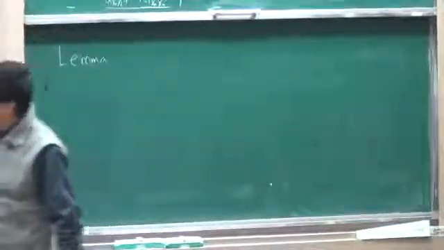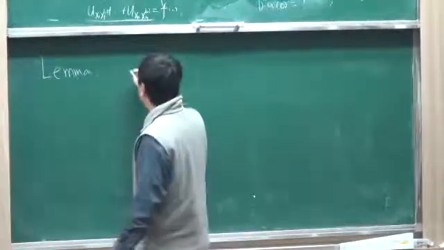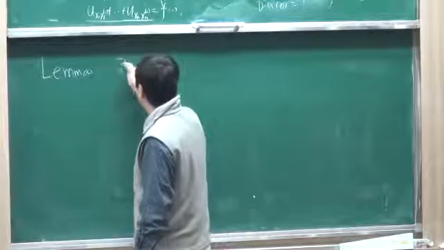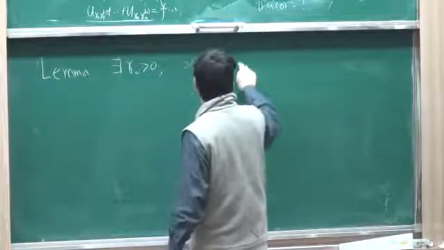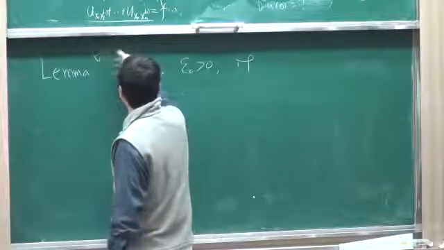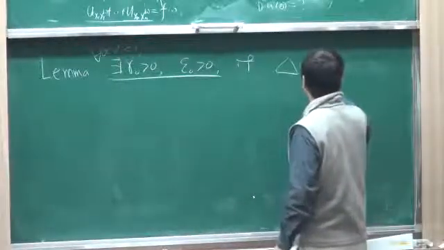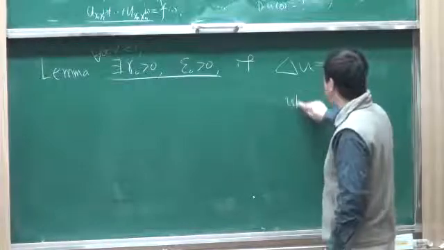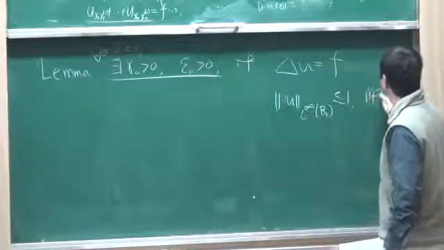Before I do that, let me say one thing. I'll just use that lemma. This fundamental step says that there is an R0 positive and epsilon 0 positive, for any alpha between 0 and 1, depending only on the dimension, such that whenever this is true, with the condition that the sup norm of u is less than or equal to 1 and f is almost like 0,